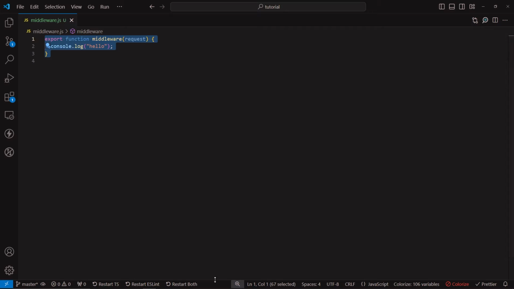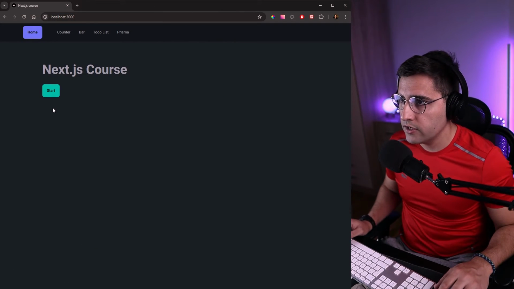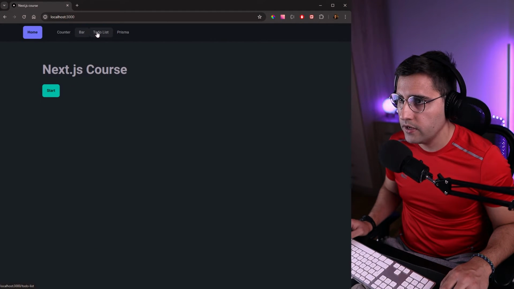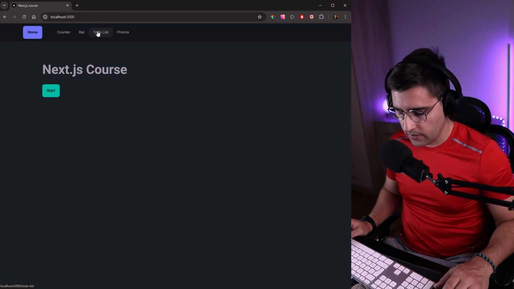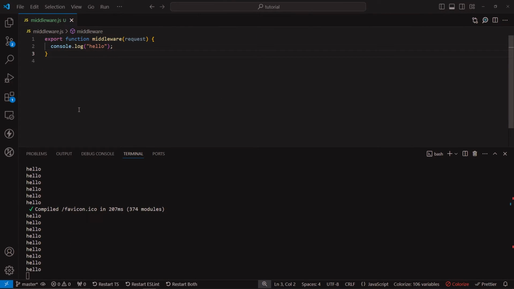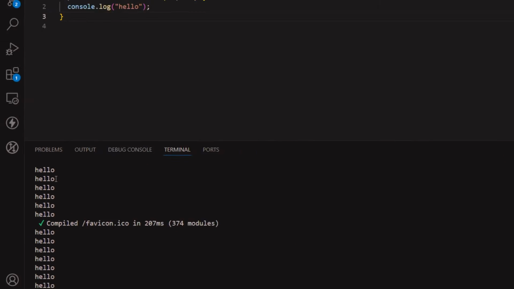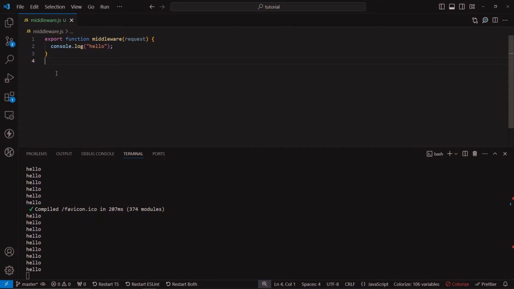So let me go and start our server. Let's head over to our application and navigate through a couple of pages. If we go to our Next.js course and let's say that we go to the bar page or to-do list page, and hopefully if we get to our terminal. As you can see, whenever we navigate to any of the routes in our application, our middleware function gets executed. But let's say that you want to execute this function only when you navigate to a specific route